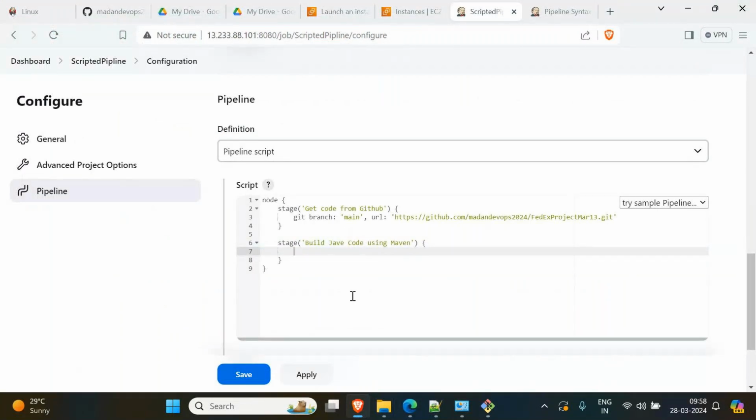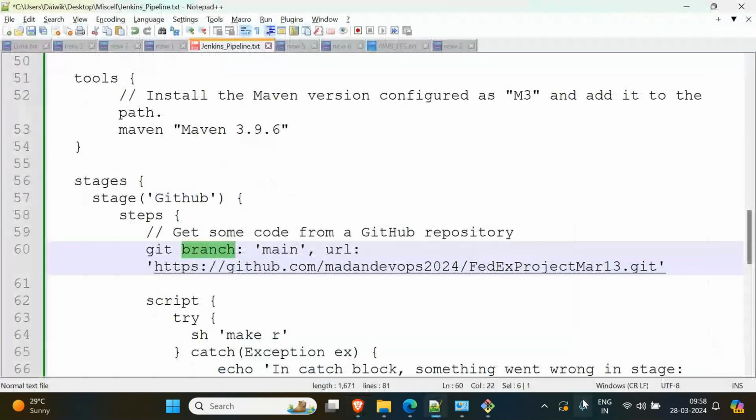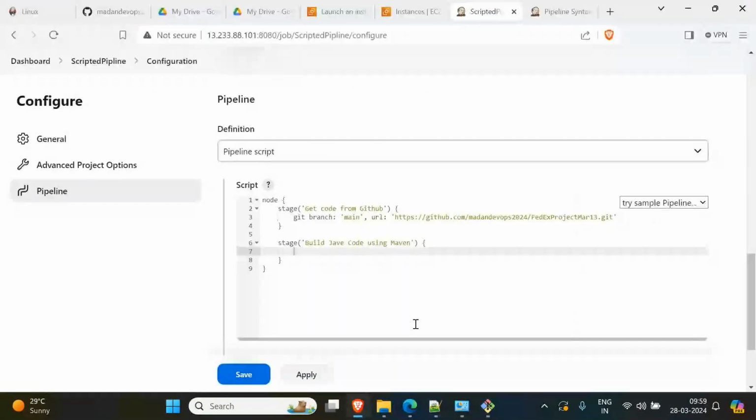So first of all, I have to mention what my tool name is. Okay, what is my tool name? Here, I'll say def. Def. See, don't confuse. This is a scripted language. We have to declare variables. So declare variables means, suppose I told you yesterday,